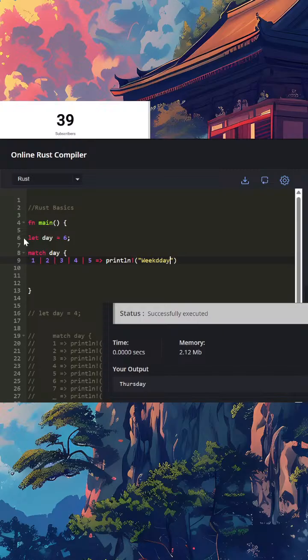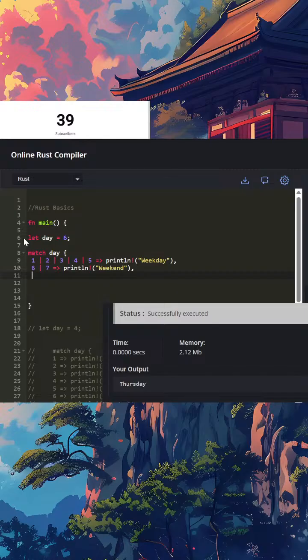So this is weekday. This is basically like the OR statement. If you remember, the OR is normally written like this, but now it can't be just like this. You can keep continuing it, like OR, and then it's going to be 6, and again 6 and 7. So print ln, and then we're going to go to week,